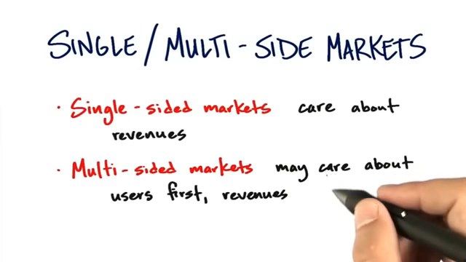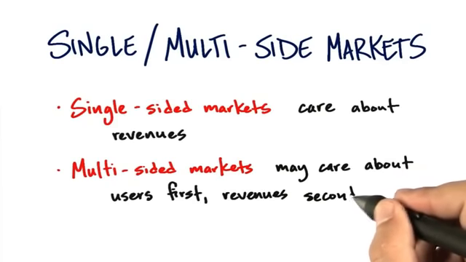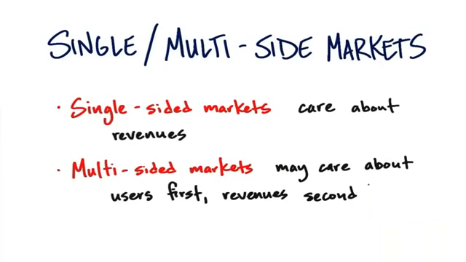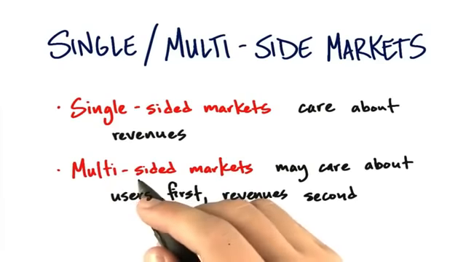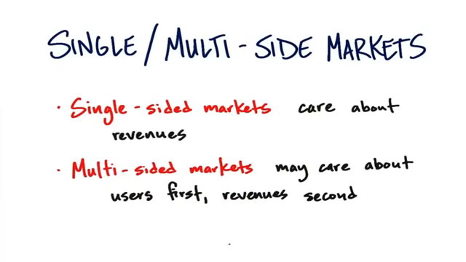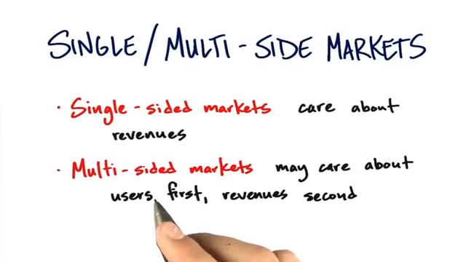And the example we keep using is Google, because everybody around the world has probably had at one time or another been a Google user. And when you use the Google search bar, you're one side of a multi-sided market. You're the user, but you're not the payer. You're not paying for the product. But in reality, you're paying implicitly because there is another side. The other side are the people using Google AdWords to look for keywords.